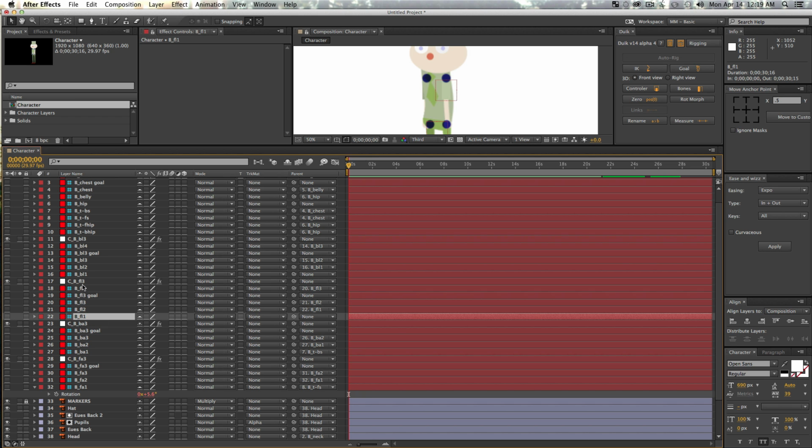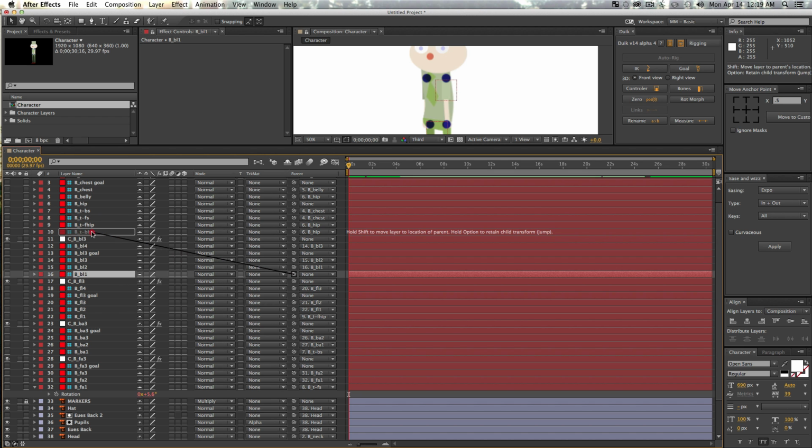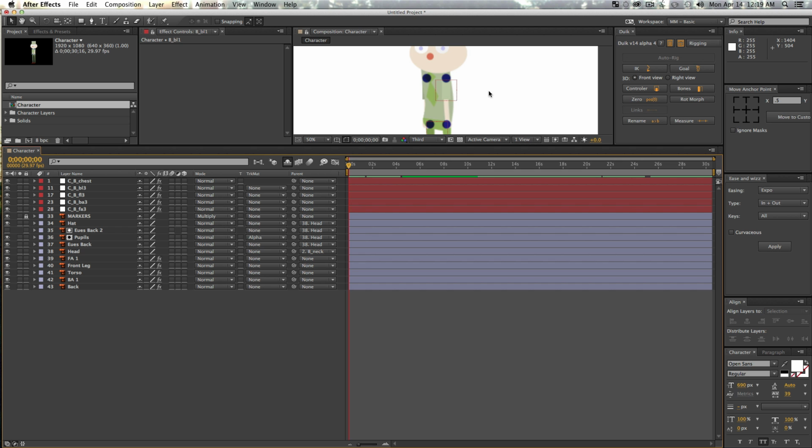Easy. And then we're going to go to this would be our front leg hip. So we're going to parent our front leg hip to our torso front hip, and then our back leg hip, we're going to parent to our torso back hip. Makes sense. So with that set up, we'll actually Shy Guys everything right now and just check that our rig